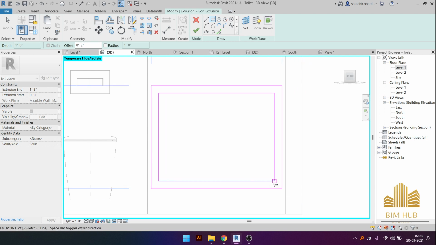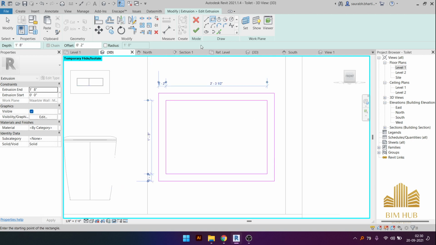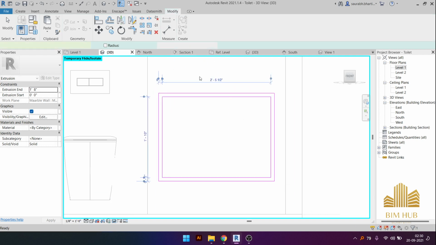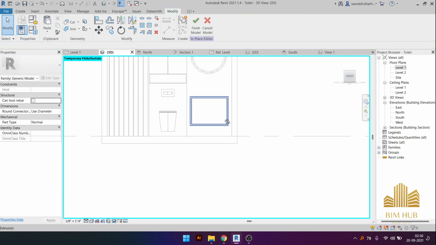Press the spacebar. As you can see, by pressing the spacebar, the offset is going from outside to inner side. Press OK, and I think it's a little bit larger. So let me try 1 inch actually. Again, same thing on the inner side. Press OK. Go to 3D view,